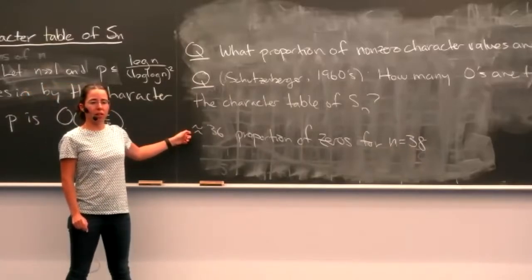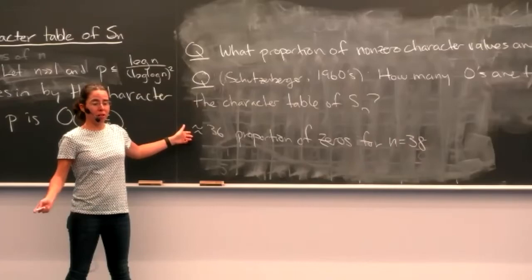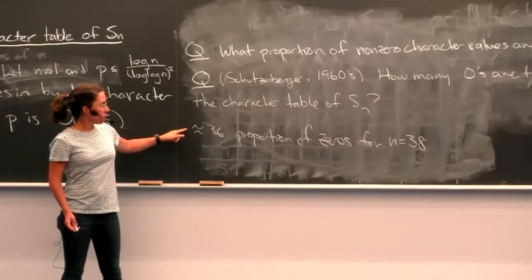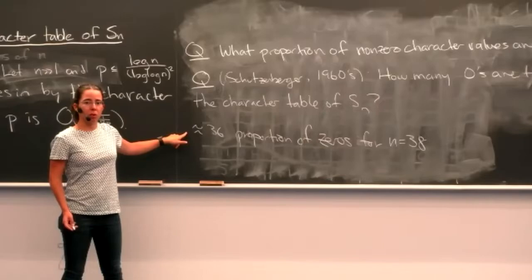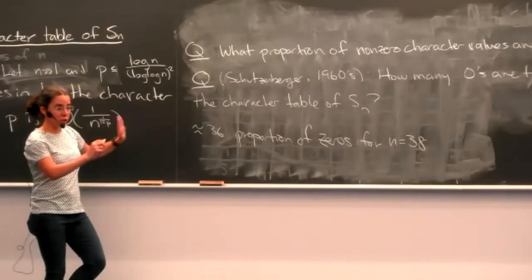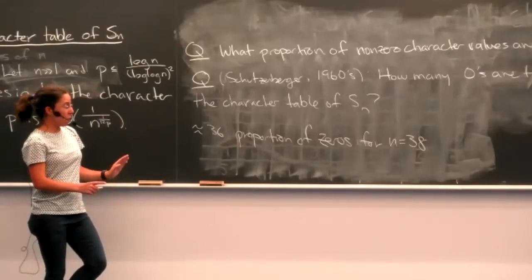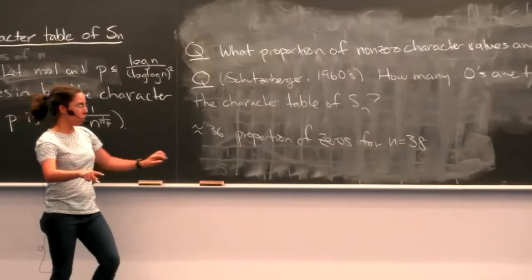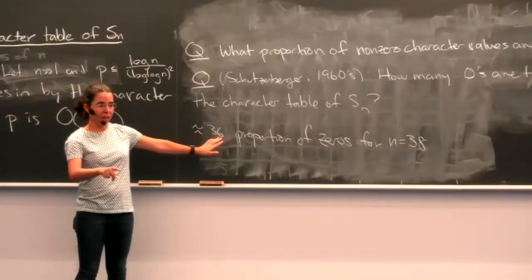Not just because there are lots of partitions and eventually you won't be able to fit the character table in your computer or in the universe, but also because it just takes a long time to compute these character values. From the data, if you just saw the first 38, it would look like it's approaching some asymptote that, when I put more significant digits, people say, oh, that's 1 over e.